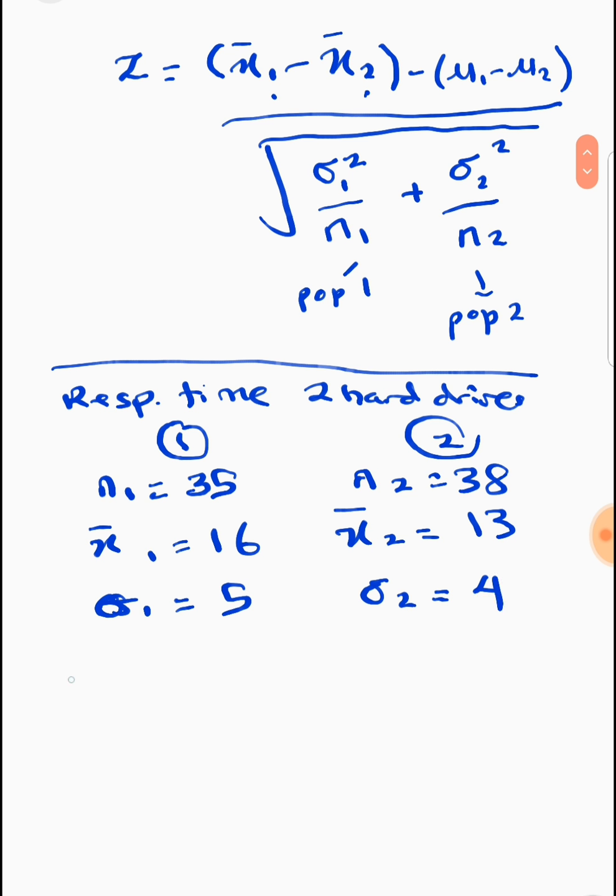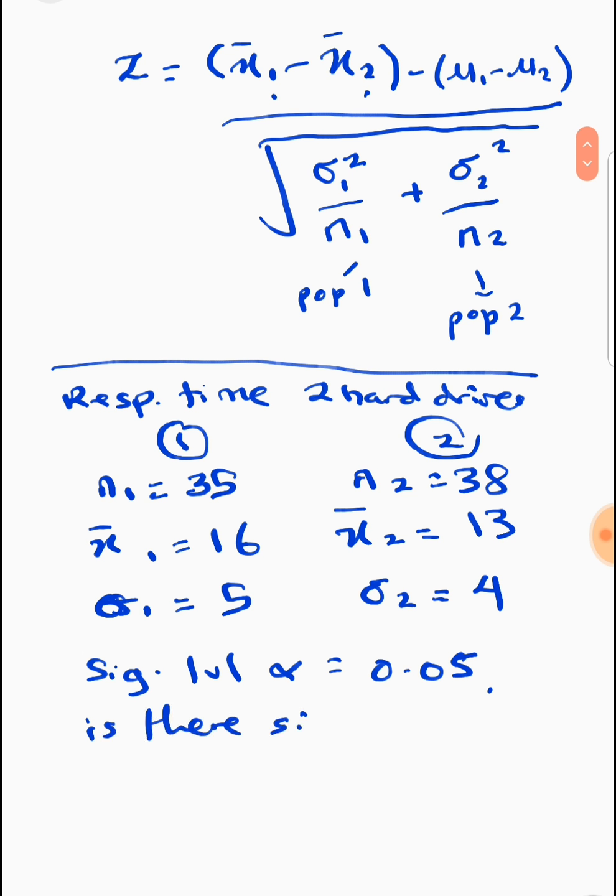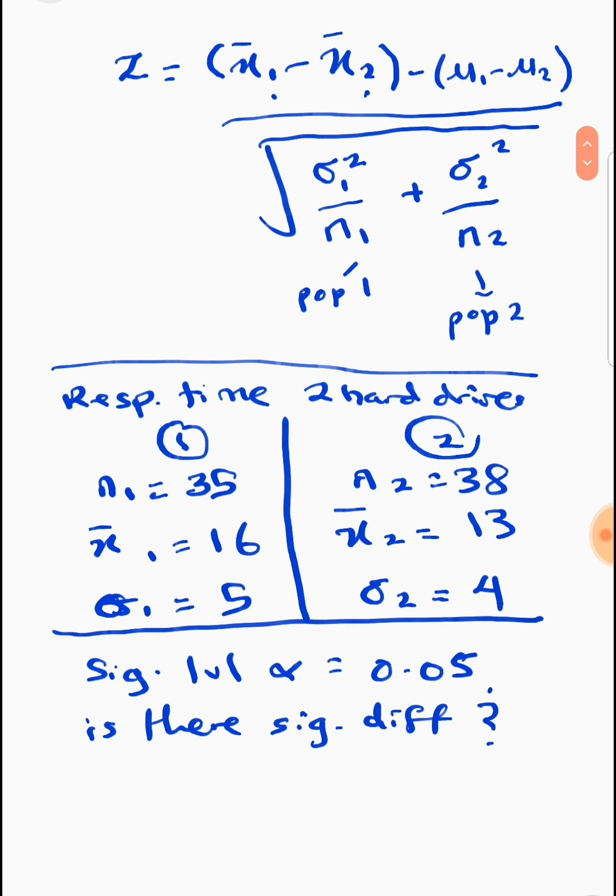Now they are asking, is there a significant difference between the response times? Let's say the question also gives you a significance level of 0.05. They're asking you, is there a significant difference between the two response times? What this tells us is that we are going to compare based on the data of these two samples. Here we just have the formula. Again, we go back to the first rule